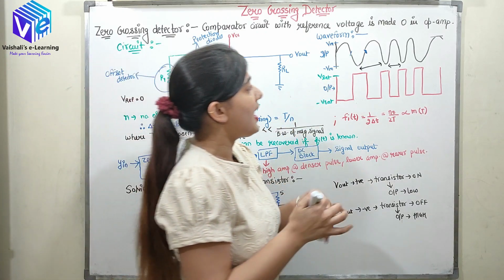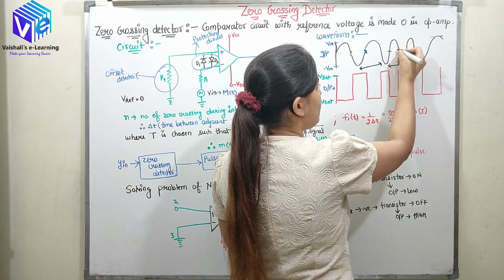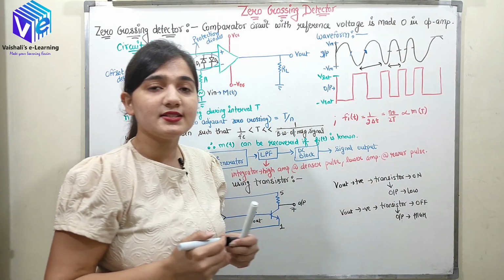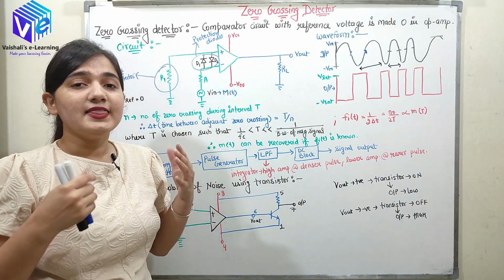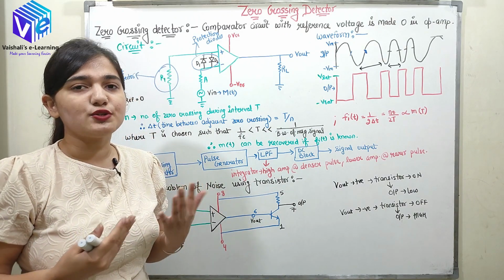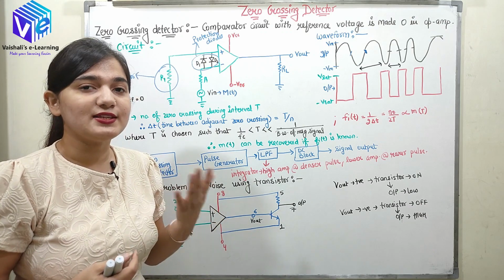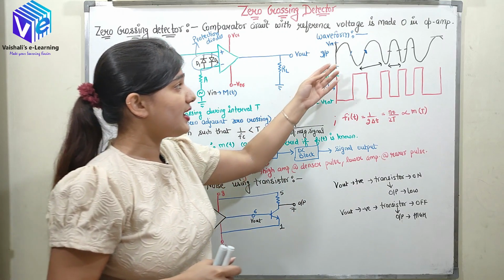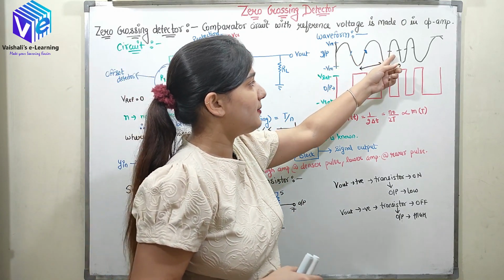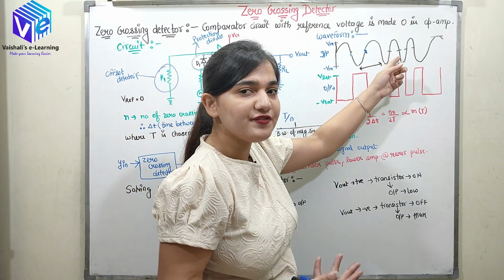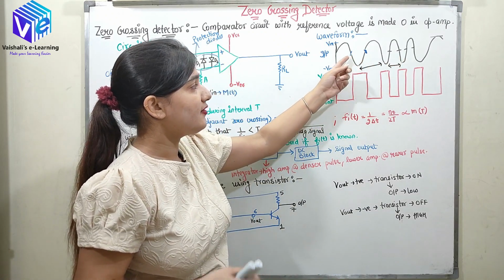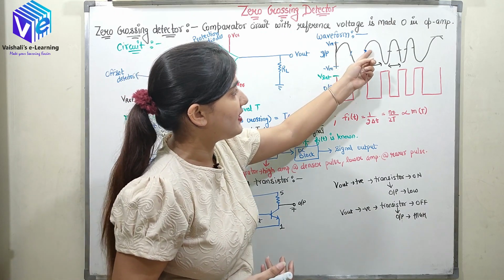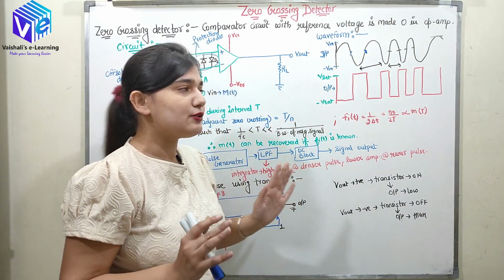If I have a higher number of zero crossings, here I'll be having more pulses. So here I am getting the number of pulses in accordance with the zero crossings. The zero crossings are in accordance with the message signal. Whenever I have a high message signal, there will be high frequency and a high number of zero crossings. Whenever I have a less value of the input signal, there will be less frequency and less zero crossings.